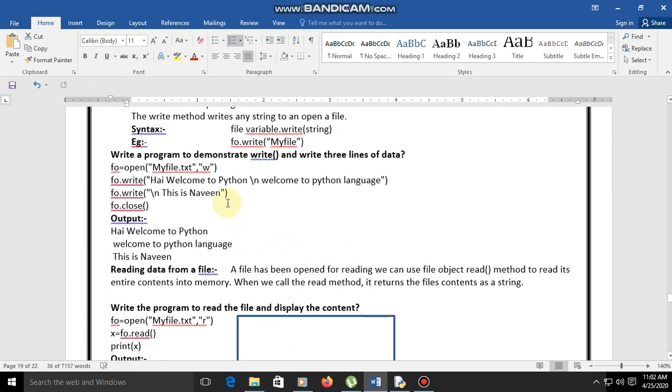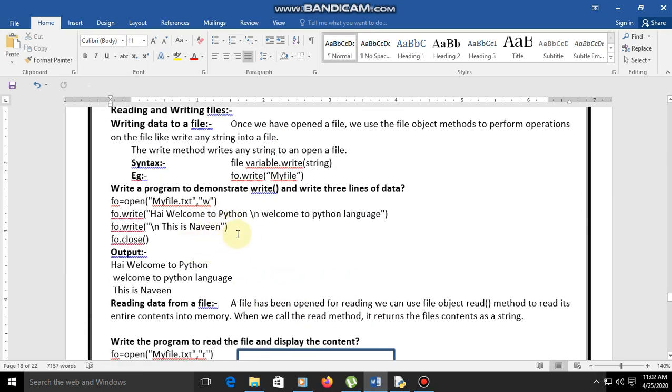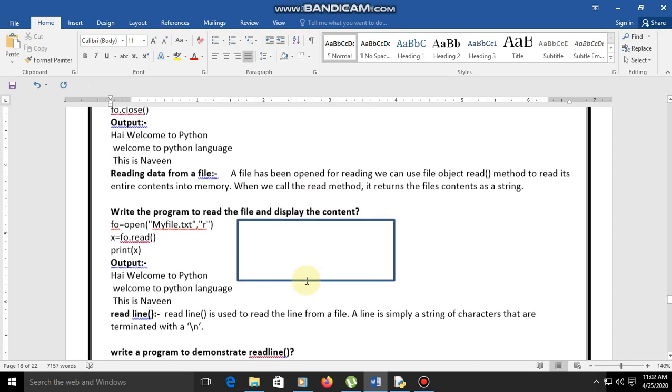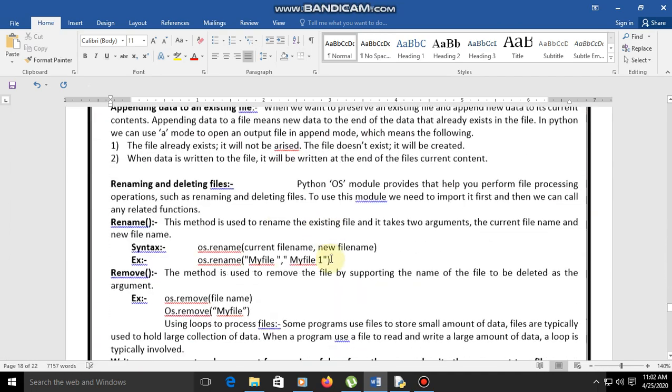If you write any data using f4.write and change the text, then after the last f4.close the data is automatically saved in the text file. So that is the output. Try it in the lab.